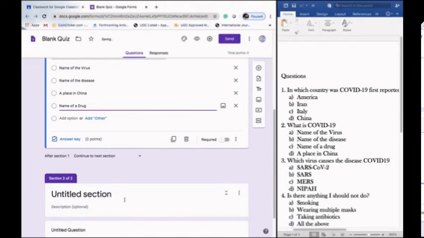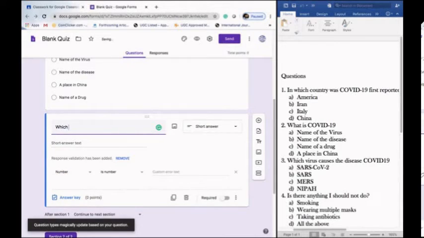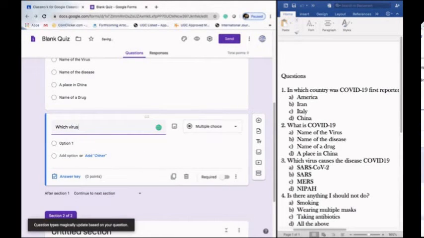Okay, and let me also add another question, and then we will start. Which virus caused the disease COVID-19?